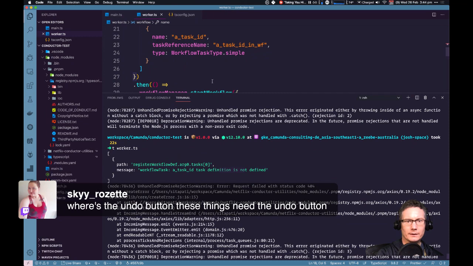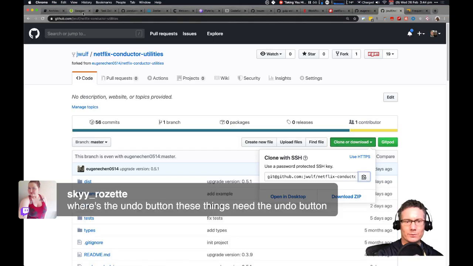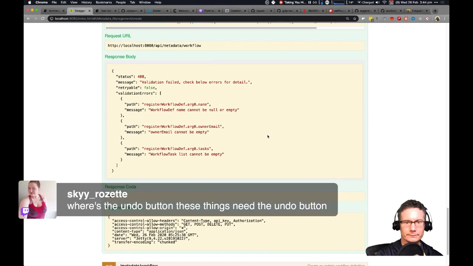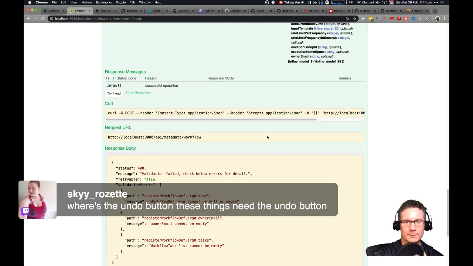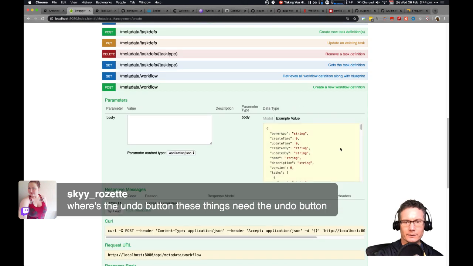A task ID. Okay, let's find an example of a definition. Well, this one doesn't work very well. Task is empty on this demo example value.